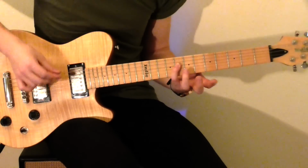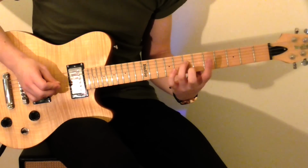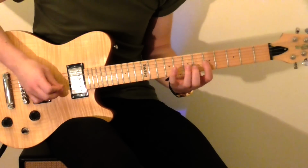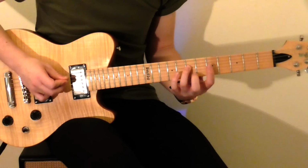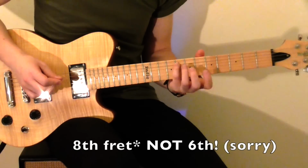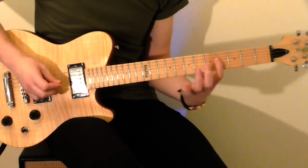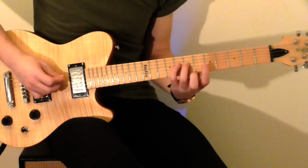Then 8th fret with your little finger on the D string down to the 7th, down to the 5th. So therefore you got. Then you go 6th fret on the A string with your little finger, and then you go 4th fret of the D string. So